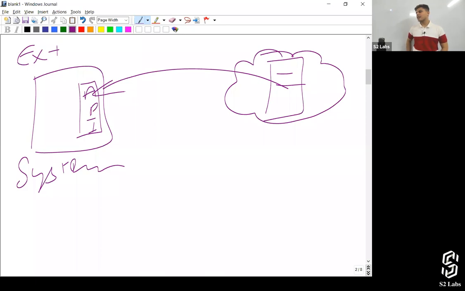So this is something that you have to create in Apex. And from tomorrow we'll talk about Apex callouts, like how we can make callouts outside of Salesforce.